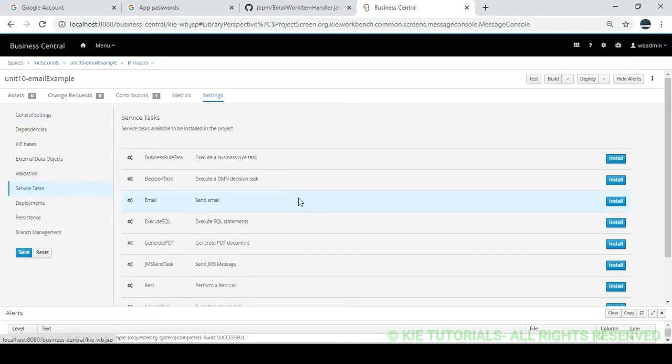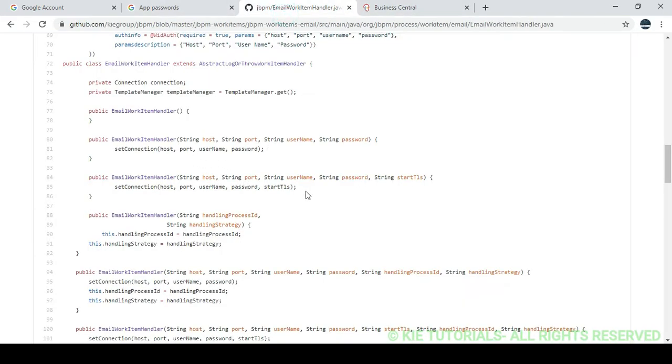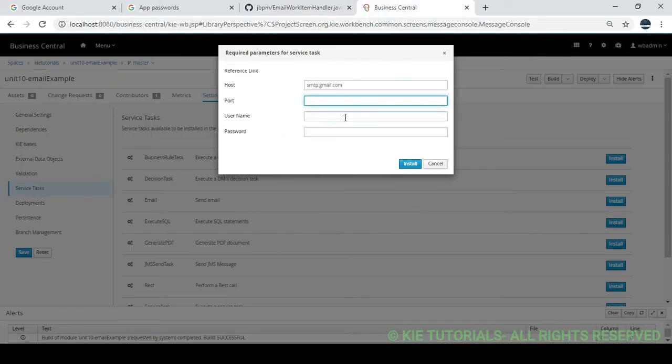Here, under service tasks, you can install the email, which is expecting the host name and port name. This is showing only 4 parameters, but we require 5 parameters. So during the runtime, after the generation, we can change that. For now I'm giving some dummy values.